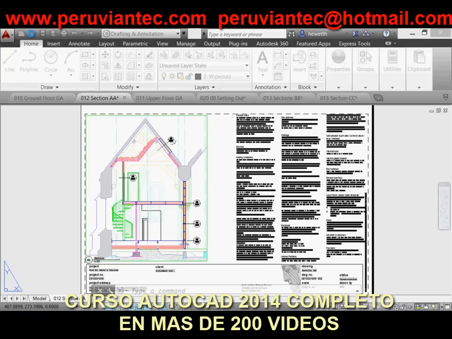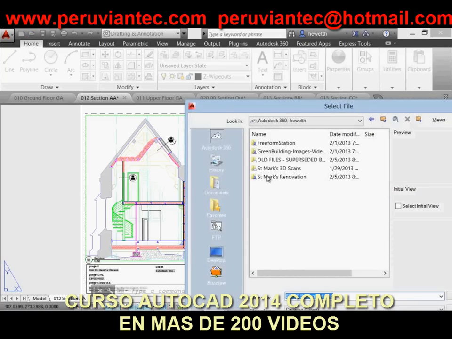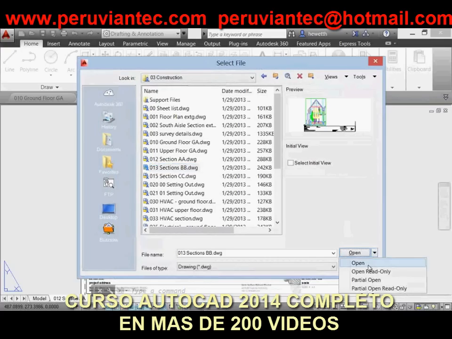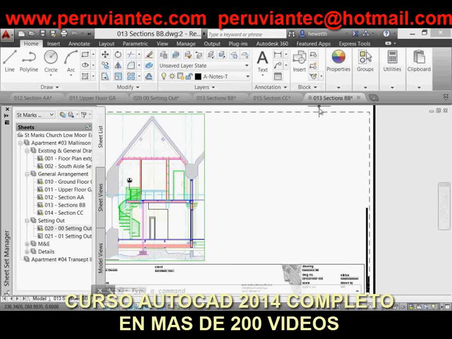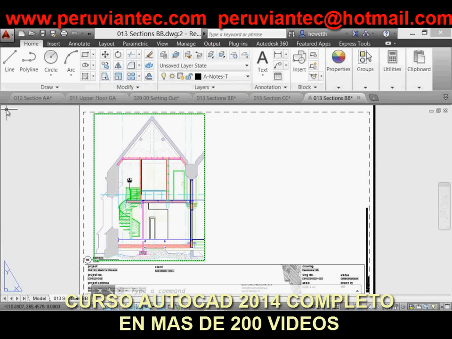You can add or create additional drawings right here from this plus icon that's to the right of the file tabs. So if you select that, it opens up the dialog box where you can choose a template to create a new drawing. The drawings are displayed in the order that you open them or create them across the top, but it's very easy to just select a drawing tab and move it to reorder them. You can select on the X icon to close a file,